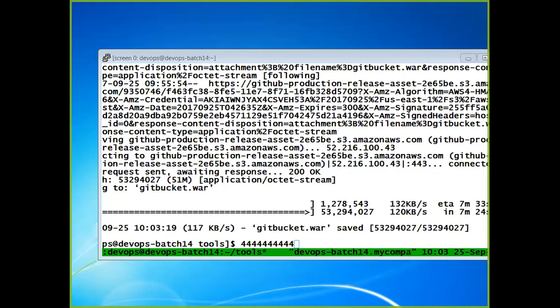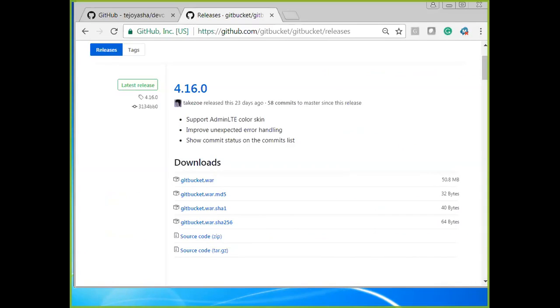So what is that? Here is the GitHub link. I will put it in the chat window. So we are downloading that. I'll copy it in the chat window, no problem.